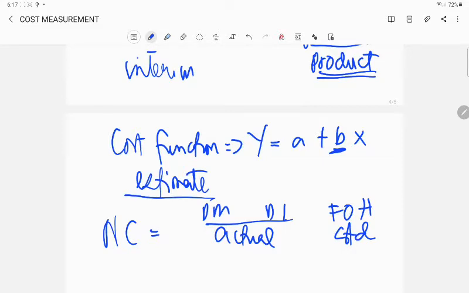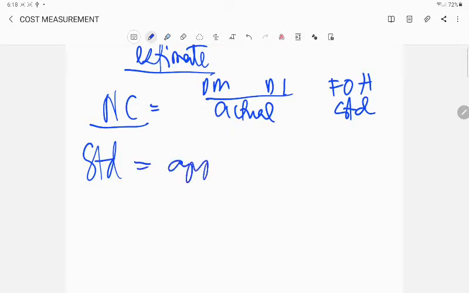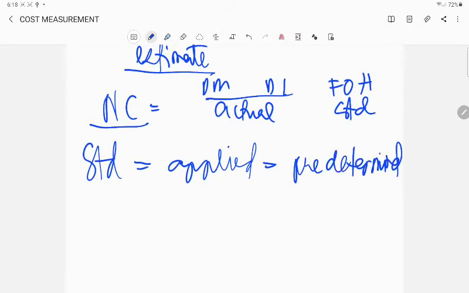So, pag sinabing standard, ano pa ibang term? Doon na tayo ha. Standard na tayo kasi ito yung sa normal. Ito rin yung tinatawag nating applied. Ito rin yung tinatawag nating predetermined. Okay? And that's why if you do remember, you cover standard costing when you talk about